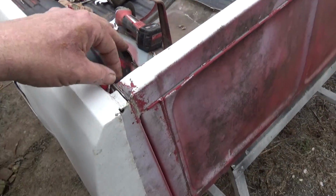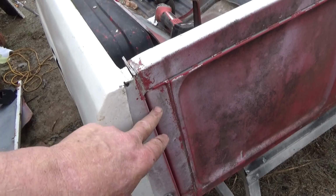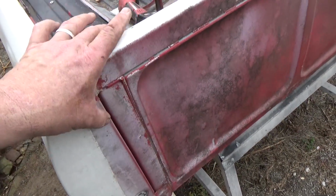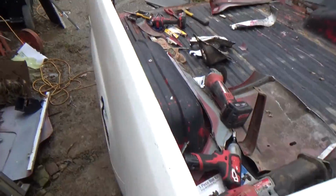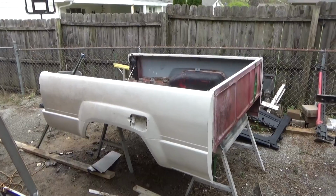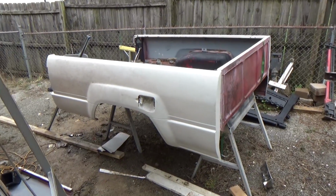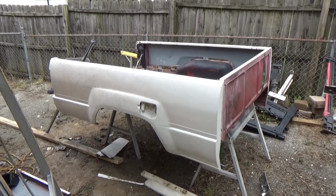I've got to trim a little bit here. You can see that this is going over rather than flush. So I think I may be able to move that in. This piece is bolted on, so if I can move that in, that'll give me a little more room in the back. Just having it sitting up there makes me visualize how nice it actually is going to look